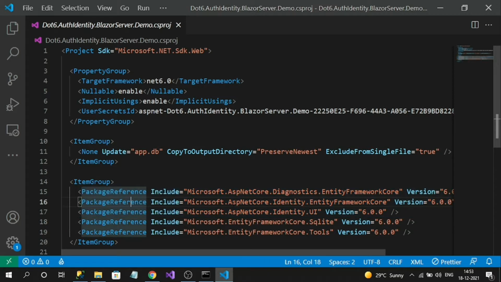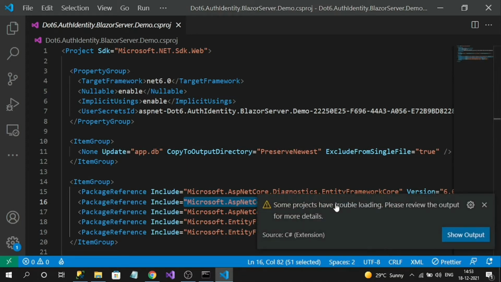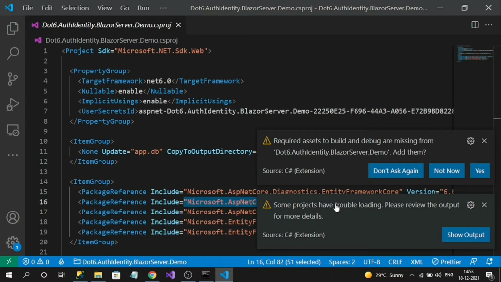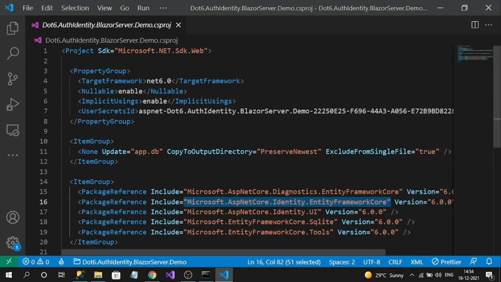The first is Microsoft.AspNetCore.Identity.EntityFrameworkCore. This package is built for identity login, so it contains all the extension methods related to Entity Framework. The second package is Microsoft.AspNetCore.Identity.UI. This is a Razor class library that contains all our login UI pages and login UI logic, everything.